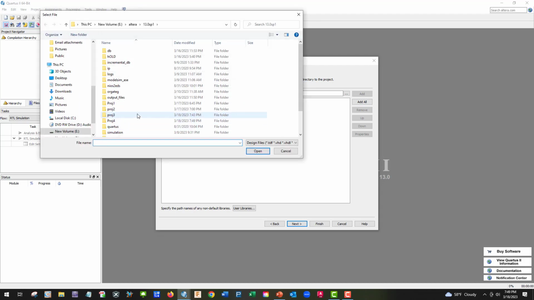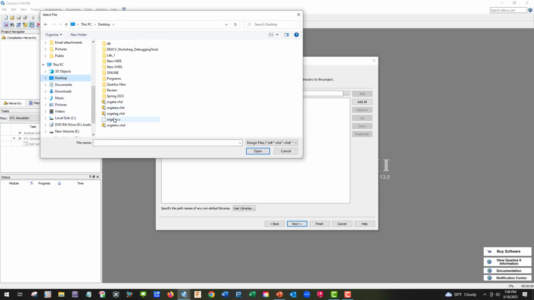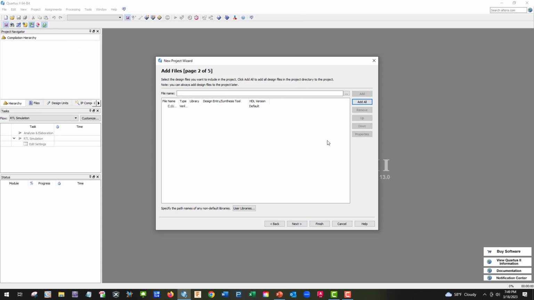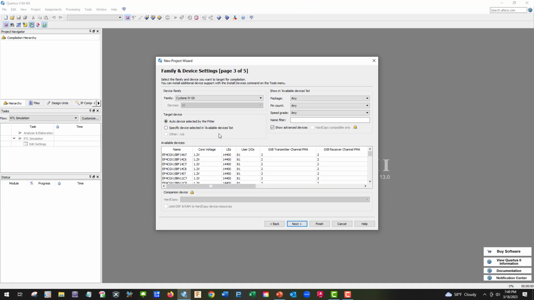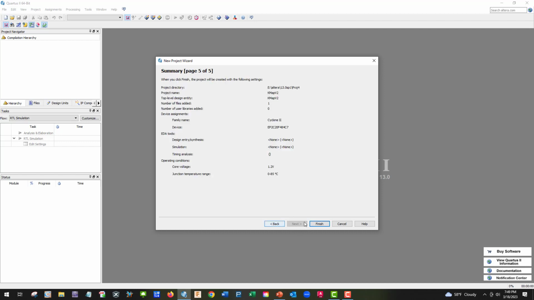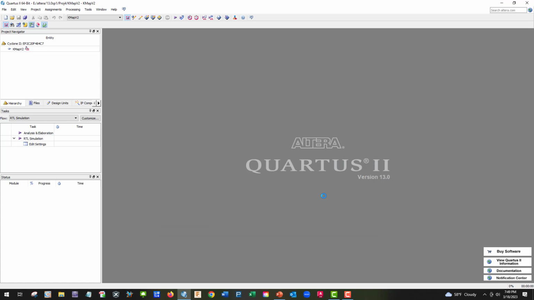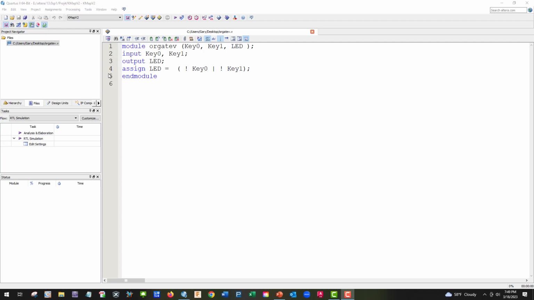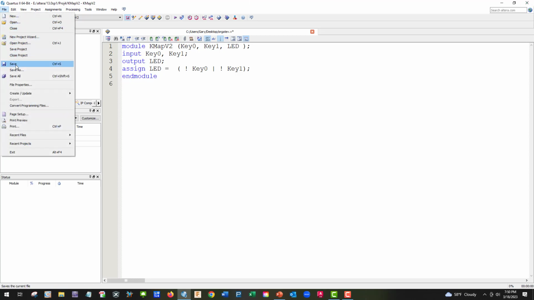Let's go find a Verilog file, and let's go to our desktop, and I have an OR gate V. I'm not sure exactly how badly this one's been abused, but like I said, it probably doesn't matter which one we use since we're going to do a simulation. Let's go to files, and good, that's our OR gate V. So let's go ahead and change that to our KMap V2, and let's do file, save as,